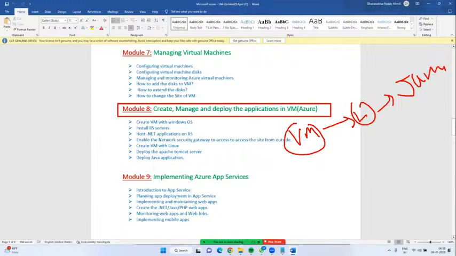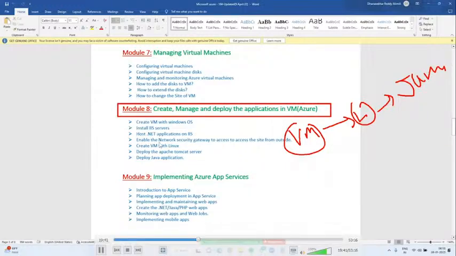We have many things. Linux is open source. How to create one machine with Linux operating system, and on top of it, how can you host one Java application? That we will see in module